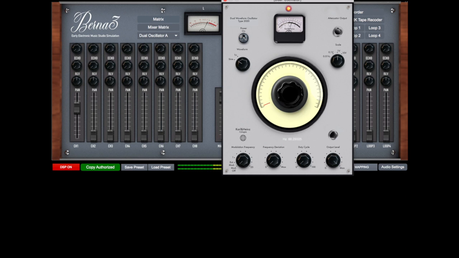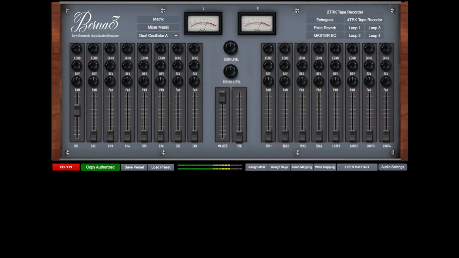I took great care of making each oscillator different in sound. They have their own timbre. They have their harmonic distortion, typical of tube equipment. So every oscillator has a peculiar sound. Now, we have this oscillator patched to the channel 1, and we can see here on the meters it's working. And the master